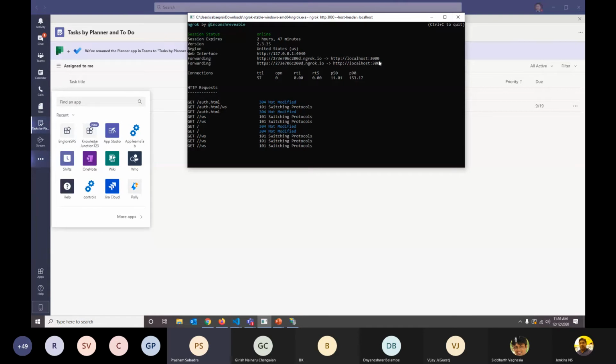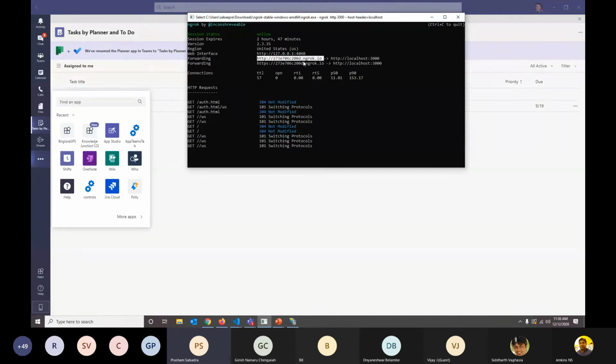But when I run ngrok, there is a command I need to specify: ngrok and this URL. And if you notice, it creates two endpoints for us with its own URL, like this one .ngrok.io, and one is HTTPS. Now, why is this HTTPS required?